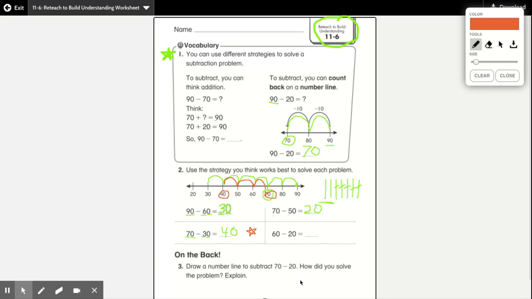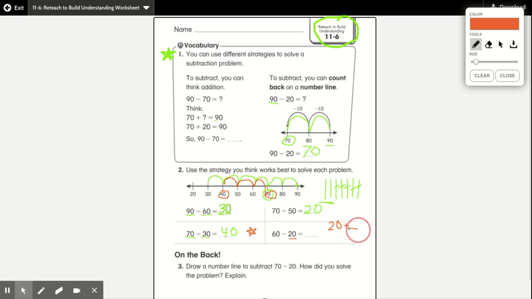Okay? All right, let's take a look at the last one. 60 minus 20 equals blank. One strategy that we haven't used is thinking addition. So let's think addition with this problem. 60 minus 20 equals blank. Well, we have to think of the related addition fact for this. So what you can do is start with the second number, 20